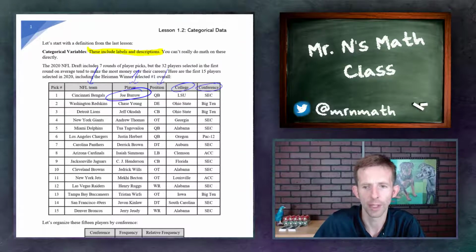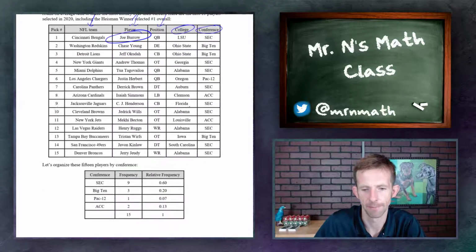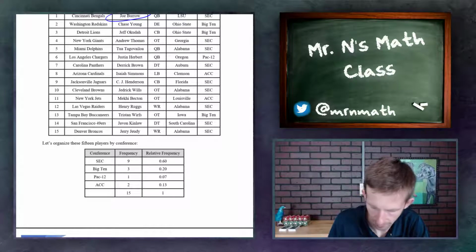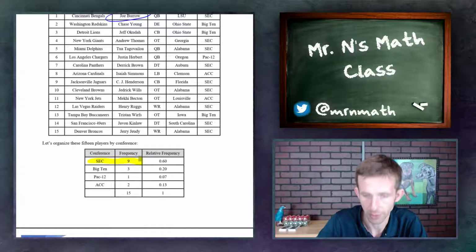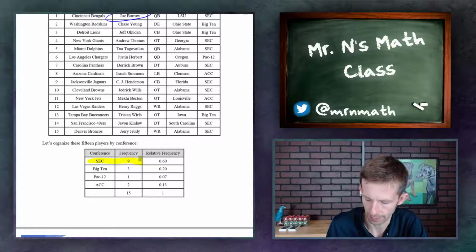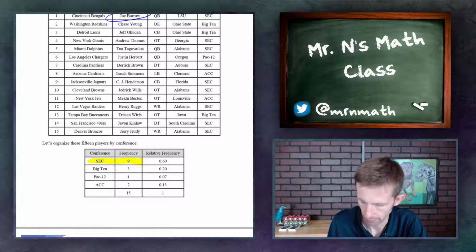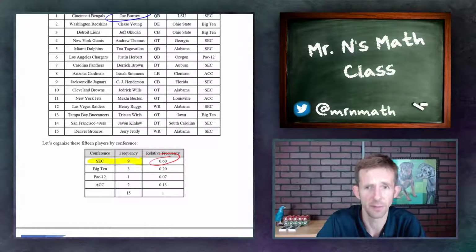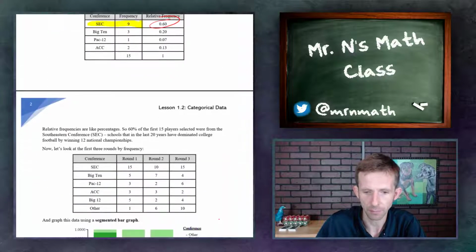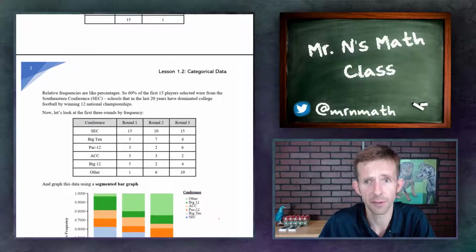Now, if we organize this data by conference, this is the first 15 players. Out of the first 15 players, 9 of them were chosen from the Southeastern Conference, the SEC. And so 60% of the first 15 players were chosen from the SEC, which is a lot. In fact, if we look at the first 3 rounds,